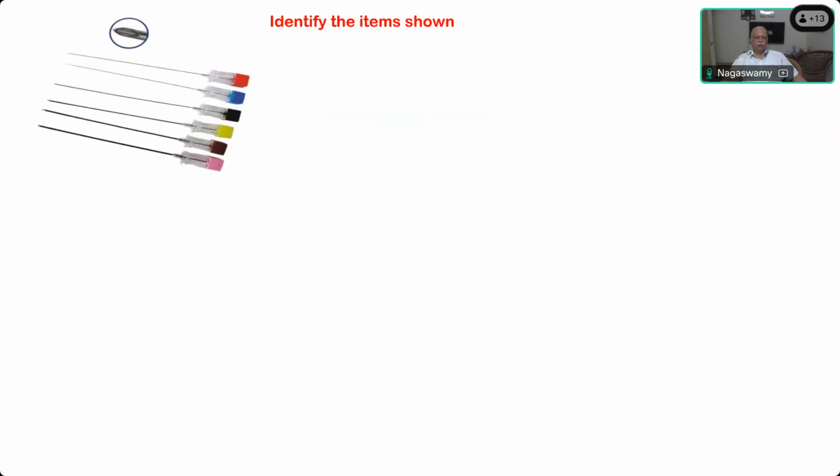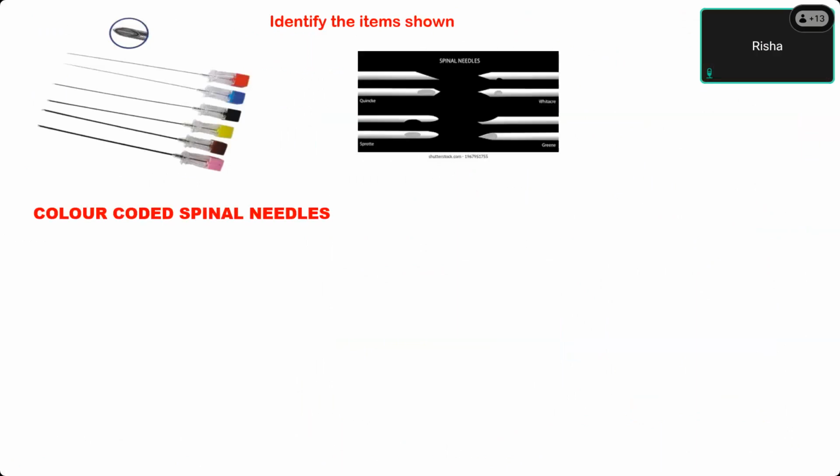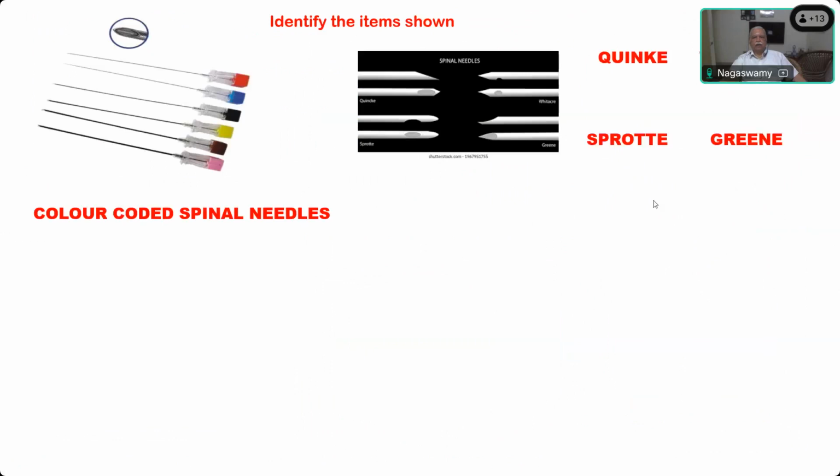What are these? Color-coded spinal needles of various gauges. Very good. Color-coded spinal needles. These are the various tips. Of course, we have the Quincke, Whitacre, Sprotte, and Green. So what is this